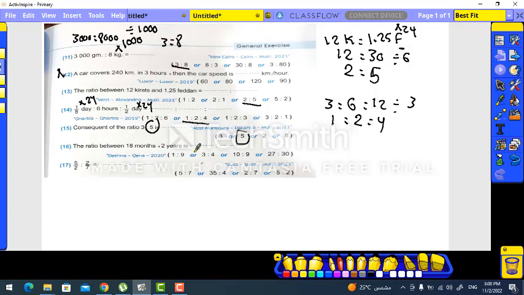16, the ratio between 18 months and 2 years. The same, we have years and months, so years is the biggest, so I have to multiply years by 12 because I have 12 months per year. So now the question will be 18 to 24, divided by 6, it will be 3 to 4. The last one here, 5 over 2, 7 over 2, let's do cross multiplying, so it will be 35 to 4, this answer. The next one,